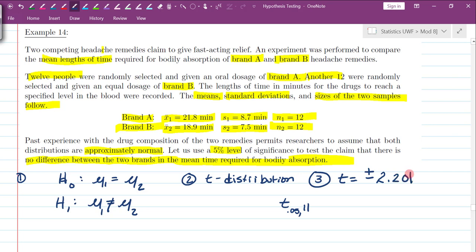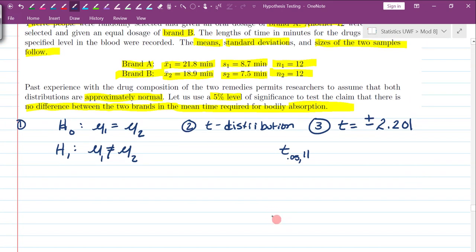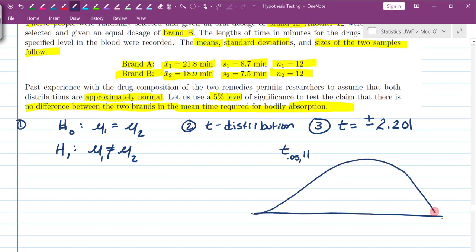2.201. Step 4, we're going to draw a picture. So of our, put 0 in the center. It's a two-tailed test, so negative 2.201, positive 2.201, fail to reject,